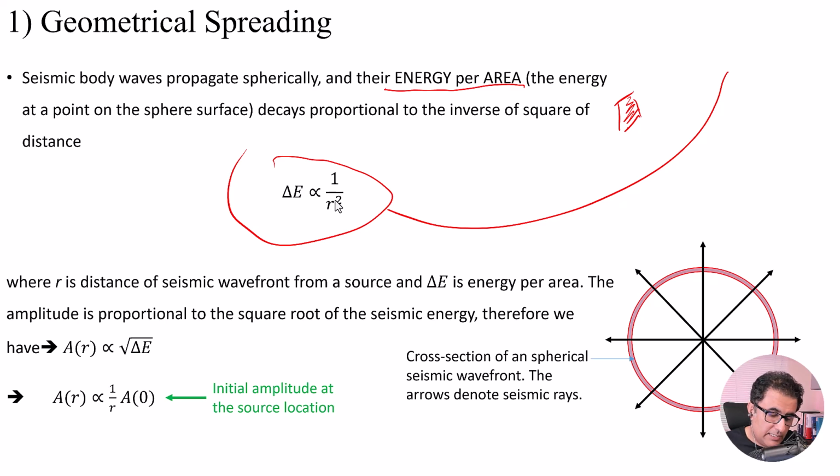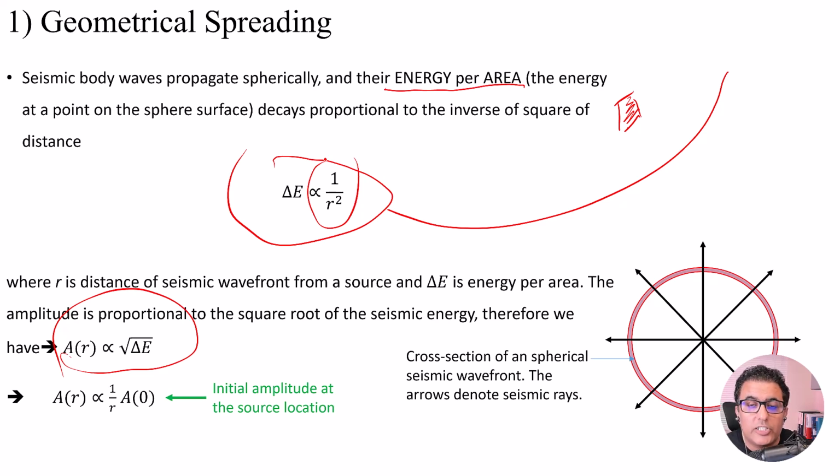And it is very interesting that the seismic amplitude is proportional to the square root of energy. Because the energy decreases as 1 over r squared, we should expect that the seismic amplitude decreases in order of 1 over r. And this is something that we can